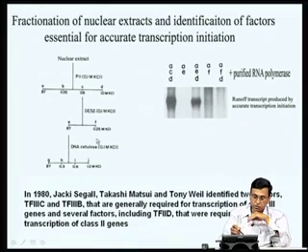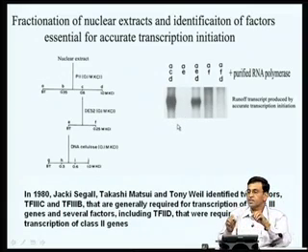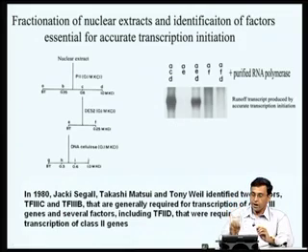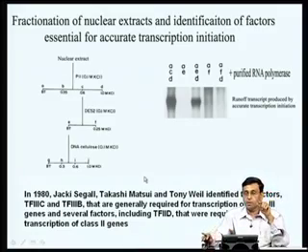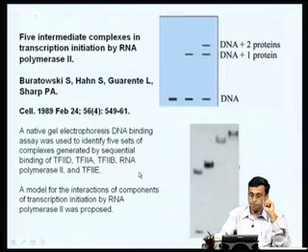If you now take some of these chromatographic fractions and add them to RNA polymerase, some of them, for example A, C and D, were able to support accurate transcription by RNA polymerase 2. But if you add only A and E, it does not give any runoff transcript. By using this kind of runoff transcription assay, people started identifying which chromatographic fraction contains those protein components which are essential for RNA polymerase to accurately initiate transcription.